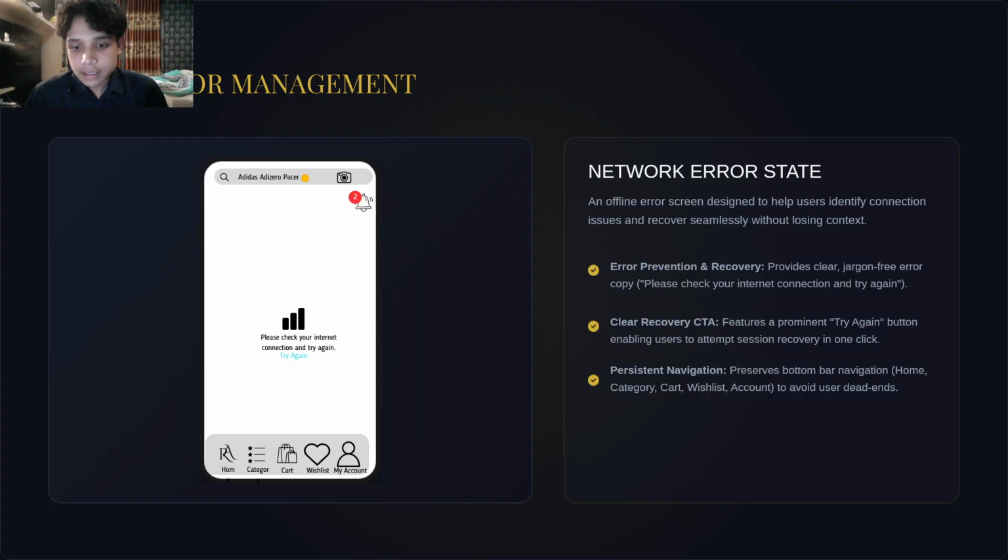Okay, the next, persistent navigation. Preserves bottom bar navigation like home, cart, wishlist, and account to avoid user dead ends. Okay, that wraps up the UX case study for